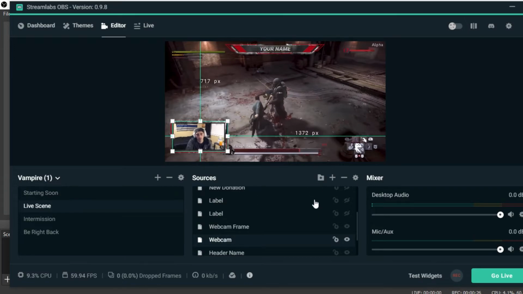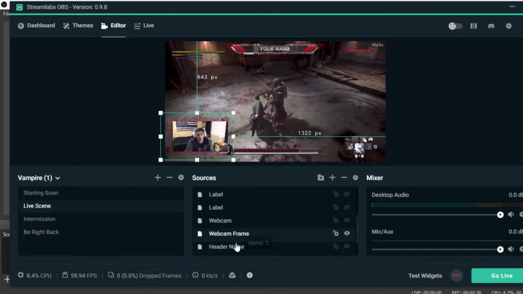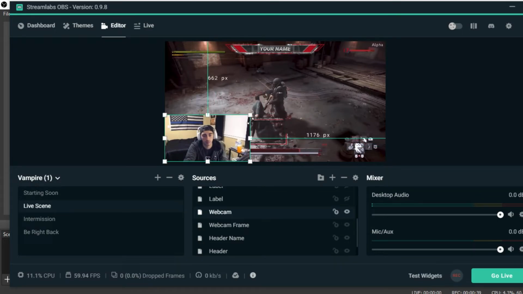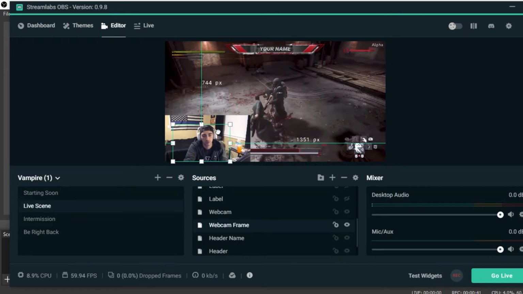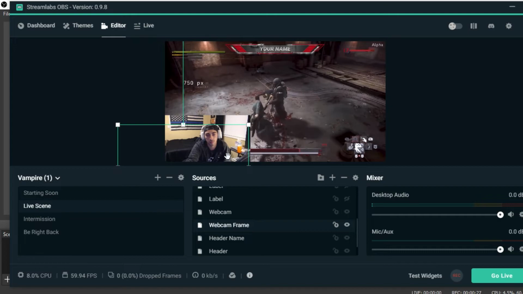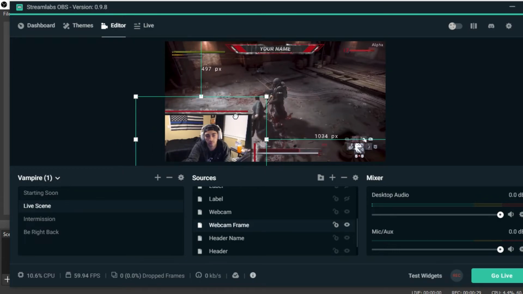These files are almost similar to Photoshop. It just depends on what layer you have. You could switch the frame below the webcam and drag this over if you really wanted to, and hide the webcam behind it or something. Say you just wanted to do this whole bottom corner and delete this part, you could. So say you want to bring the webcam back up, you just click on it, drag it back over, fit it however you want, and just change the layer, make it go on top,